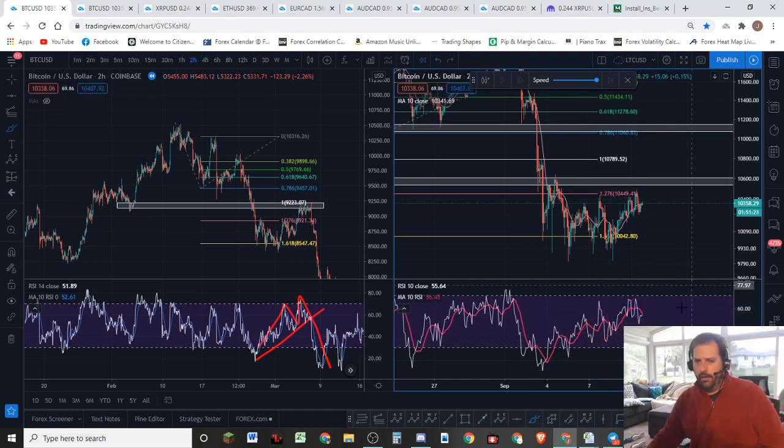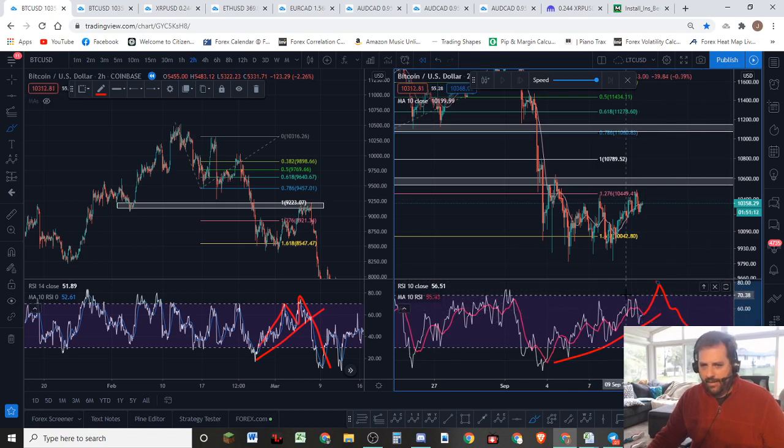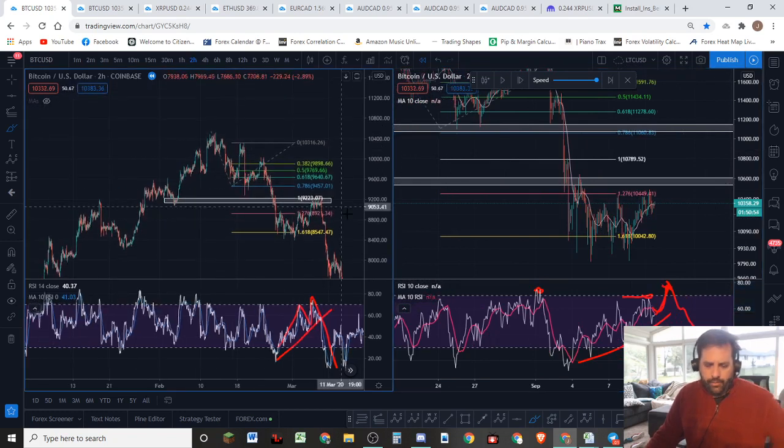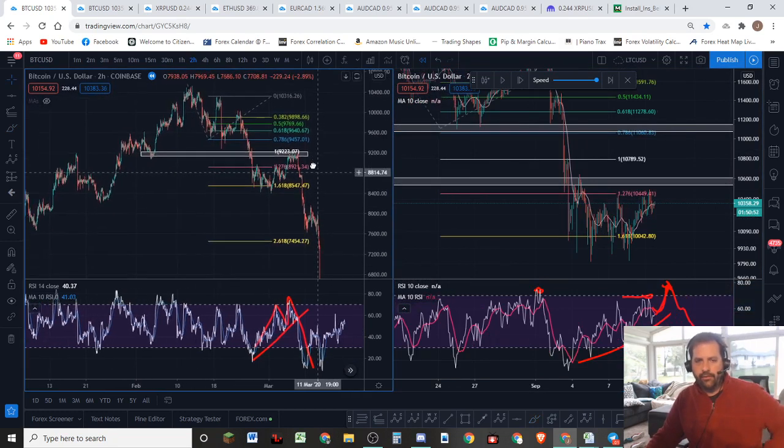Now it may also, I mean, it doesn't have to do the same thing. A fractal's a fractal. It doesn't mean it has to do the same thing. We just may get another push to the high before we come down. This didn't come quite as high to make the bearish divergence that we're looking for, so we might have to make another high to get there. So we'll see. All right, you guys have a fantastic day. There's a video with some information as far as just trying to find direction. Find direction. That's the big thing about which way is it going so we can trade with the trend.